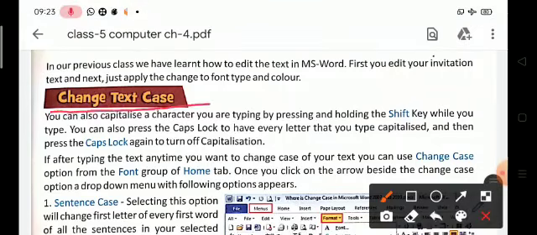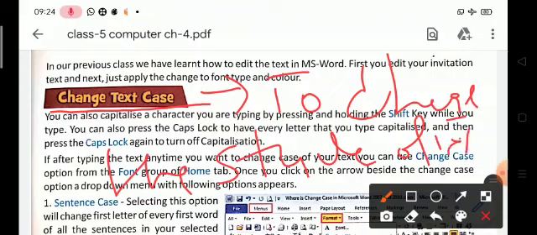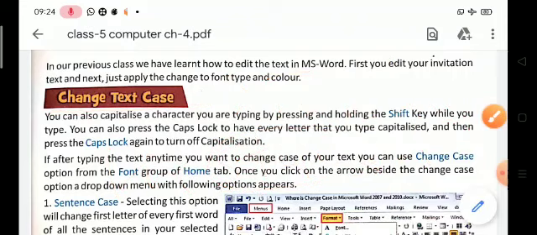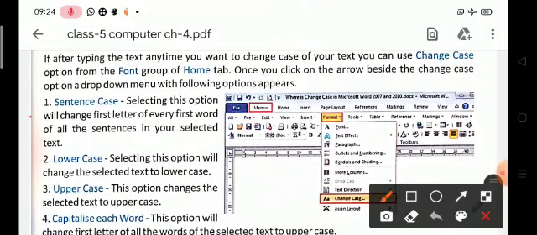Change text case means to change the style of a text. Style of a text means to change the background color and your color.